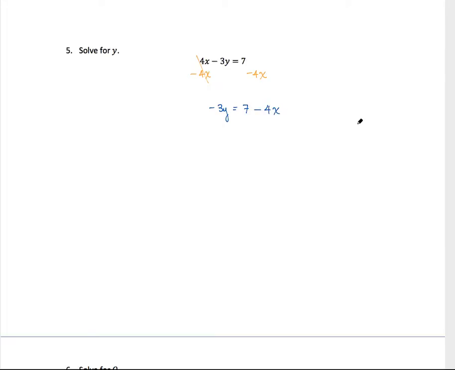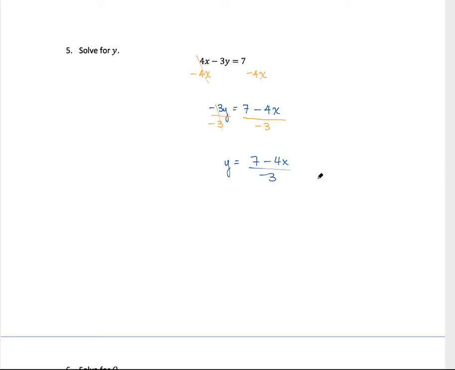Now our last step is to divide out this negative 3. Negative 3 is attached to y by multiplication, so its inverse operation is division. I'm going to divide out that negative 3. That cancels out and becomes 1, so I'm left with 1y. But again, because this is an equation, whatever I do to one side, I have to do the same thing to the other side. So we have to divide this entire right-hand side by negative 3. On the left, we're left with y, and on the right, we're left with 7 minus 4x